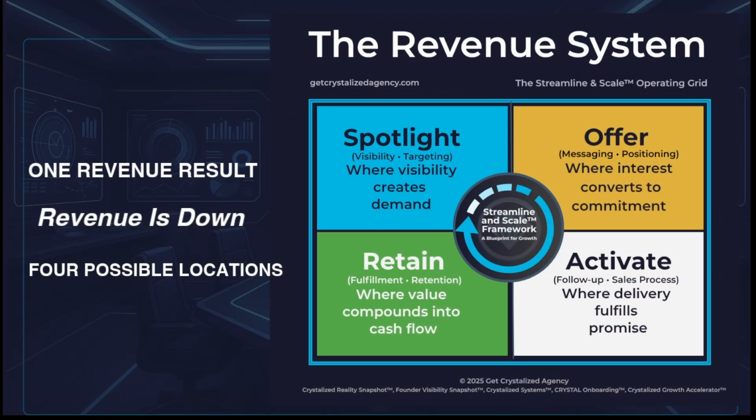Okay, so when uncertainty becomes visible, it can finally be evaluated, right? So here, when we're looking at the operating grid, in this same scenario, there are 4 different lenses potentially. When we look at demand in the spotlight quadrant, the question is: are these opportunities evidence of a healthy demand system, or are they isolated opportunities that only appear to justify the expansion? In other words, is this opportunity aligned with what you've been generating demand for?